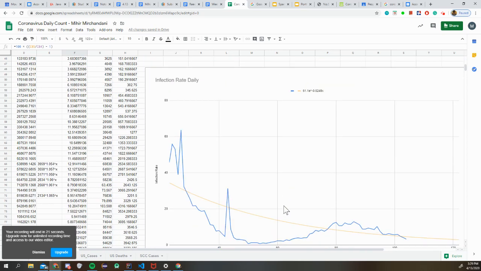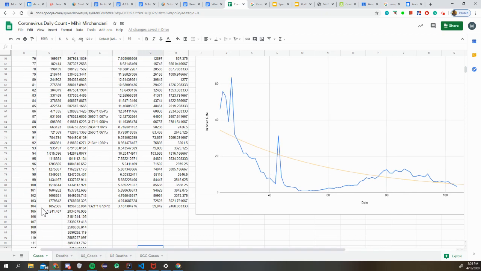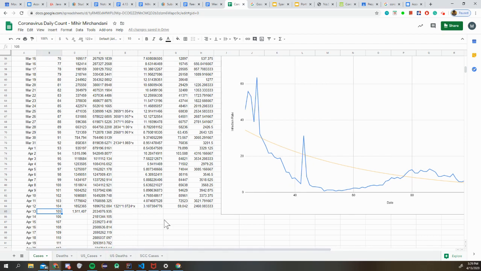This is again the data for day 105. So we are looking at day 105. I know it's been a while since I've recorded,